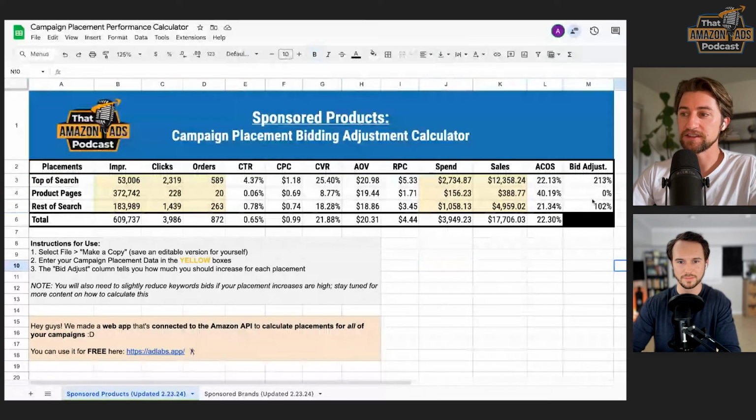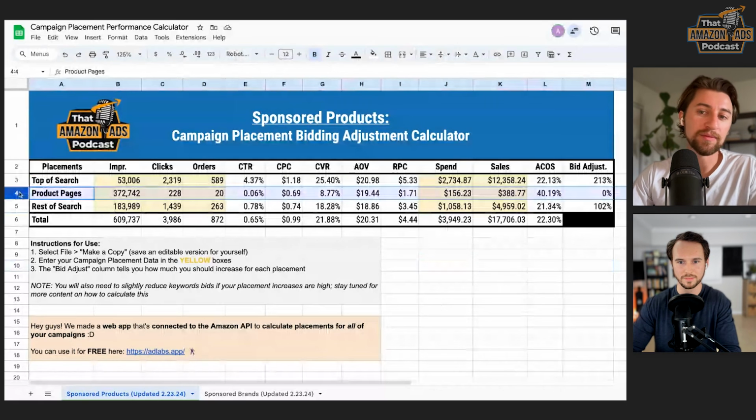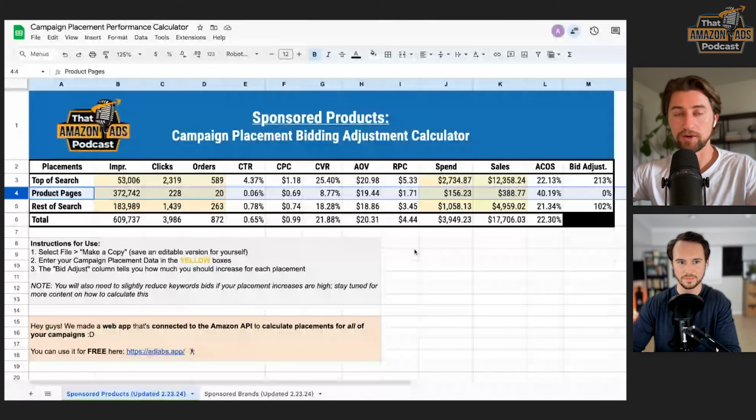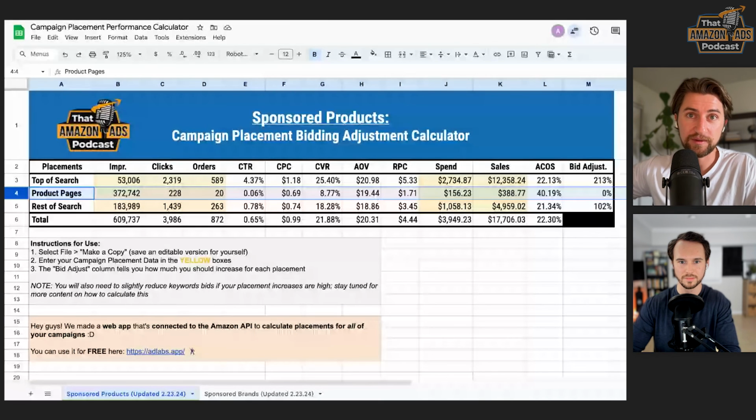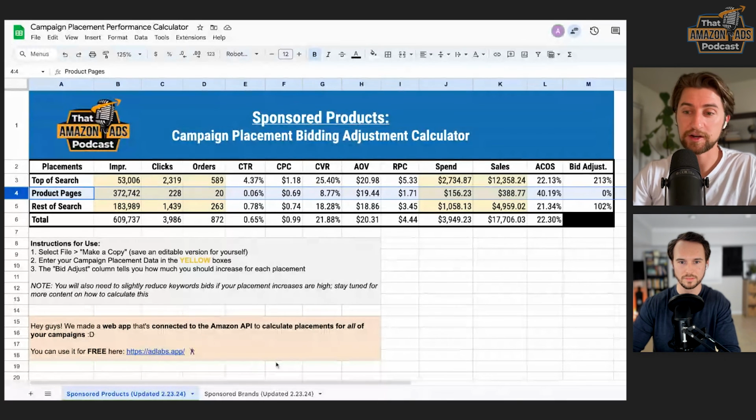Hopefully nobody's mad at us for having to do this, but I will give you this. If you've made it this far to the end of the episode, I will give you a free general guidance here. Typically on sponsored products, if you are using this bid adjustment calculator, you'll probably want to reduce your product page or total base bids by around maybe 30-ish%, which is probably a good safety. So after you do all those calculations that we showed you how to do for your keyword bids, and after you implement these campaign adjustments, you then want to decrease all those bids by an additional roughly 30%.